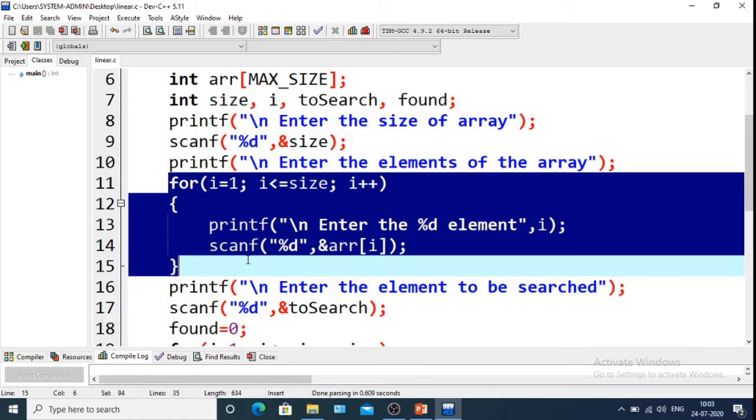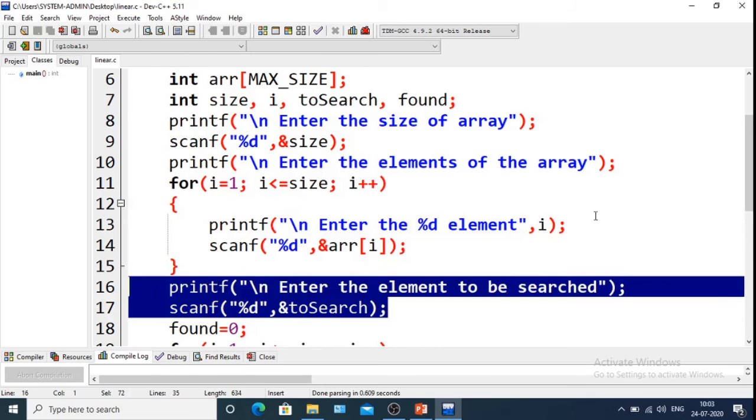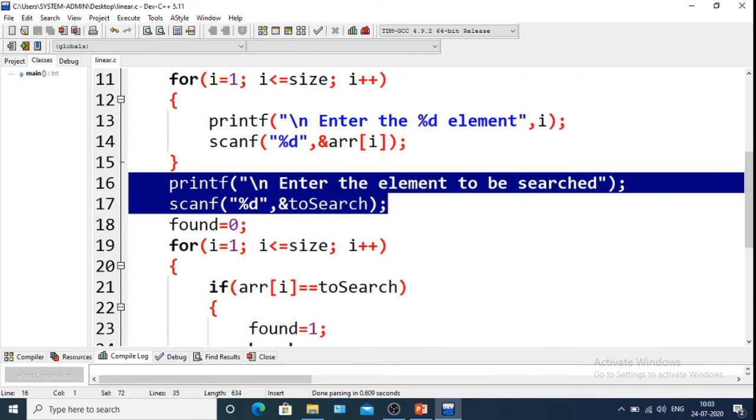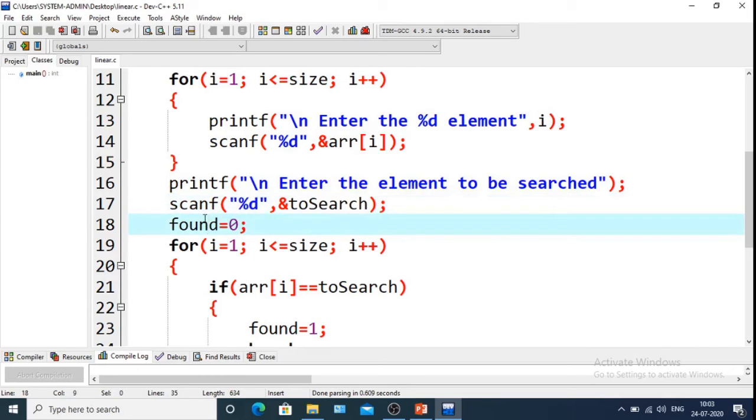Next is the printf for the searching element. Next we take the element we want to search, and that element will be stored in a variable called toSearch. Next we initialize the variable found as 0.